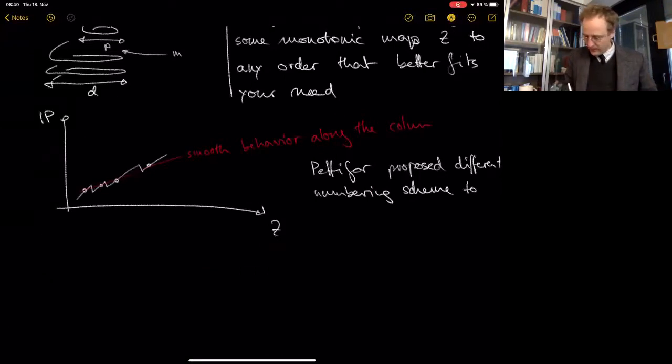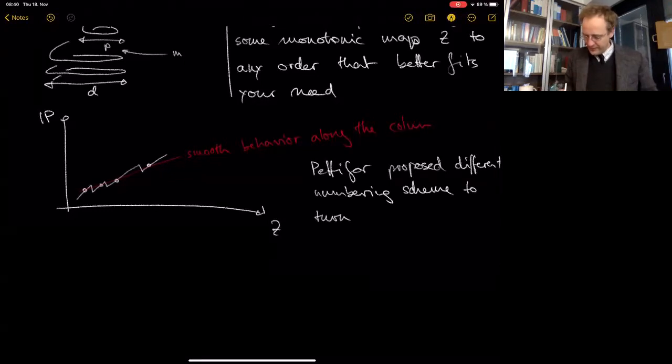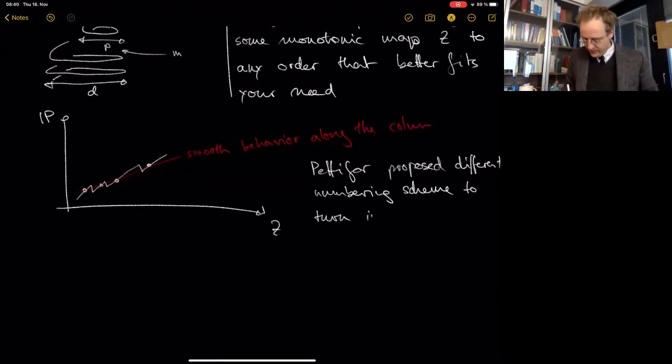To turn important properties not only monotonic but actually linear, it's quite remarkable. I don't understand this, right? Why would it be so linear? But